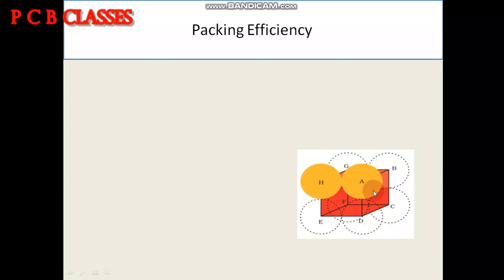Okay, since in case of primitive unit cell the atoms are present only at the corners, the atoms A, B, C, D, E, F, G, which are spherical, are present only at the corners and there is no atom anywhere else in this unit cell. The unit cell that we have taken is the primitive unit cell, or you can say that it is a simple cubic unit cell where the atoms are present only at the corners. Okay, so now look for atom A as well as atom H.